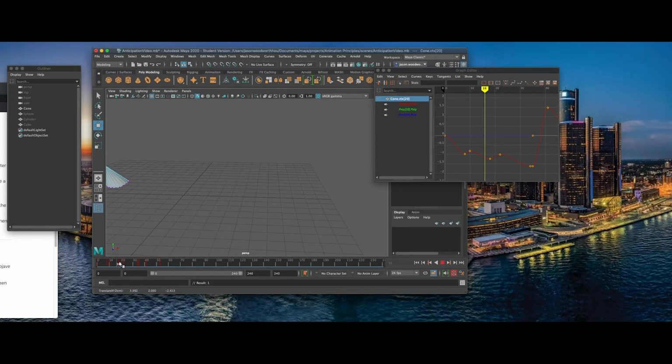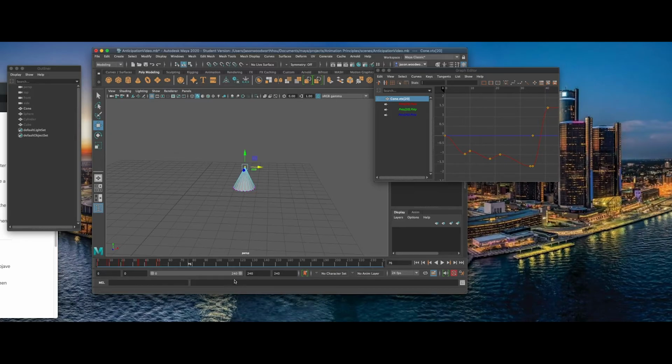Watch what happens. It comes forward, but then it starts winding back before it even stops. Maybe that's a good thing. Maybe that's not a good thing. All right, but I'm not going to have that happen. So what I'm going to have it do is hit 0 here. So hit S again, and then right as it hits there, I want it to be straight back. So now it goes